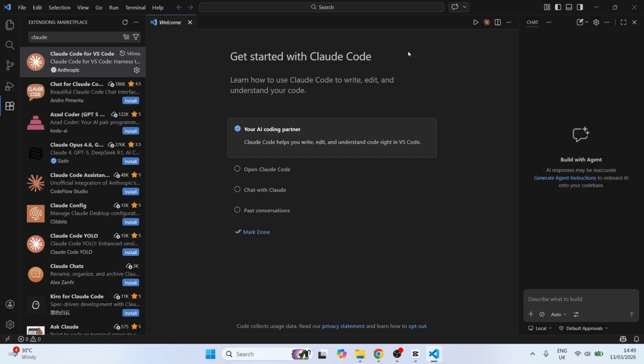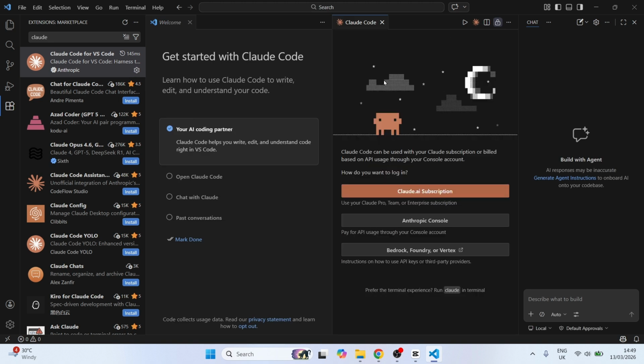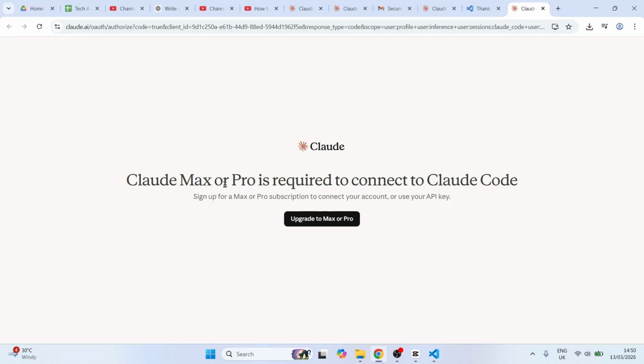Now over in the top right-hand side, click on this Claude icon. And now what we need to do is link our Claude account. So you can just press the Claude AI subscription and go and press open. Now just bear in mind that in order to do this, you will need either a Max or a Pro